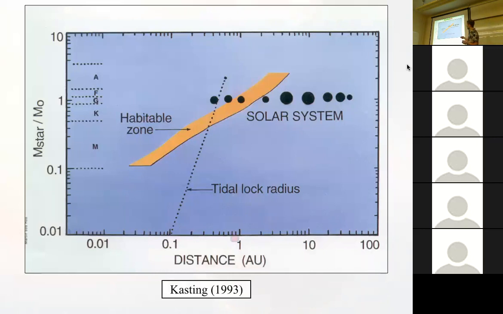So if you have an M dwarf, an M-type star will be much smaller and less luminous, and so at a smaller orbital distance you will get an incident flux that's equivalent to the Earth. So this is why this is slanted, right? At the sun, it's around 1 AU, a G-type star, but if you go to an M-type star, it's much closer in. So the first question is, can we actually find an Earth analog, something that's really like the Earth around a G-type star, and can we actually detect it?